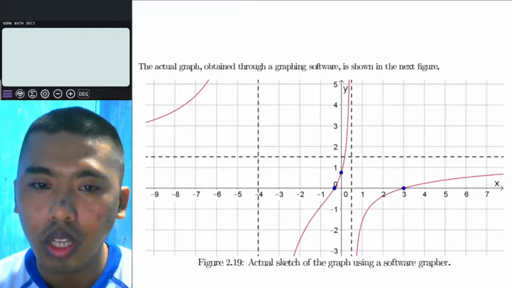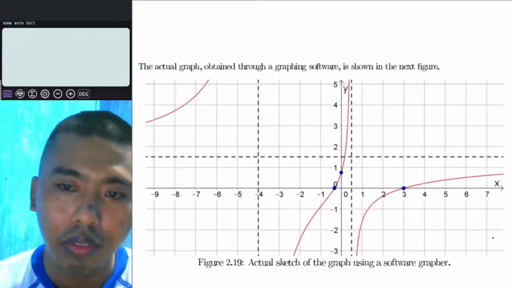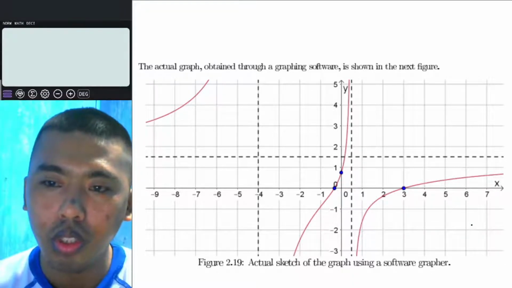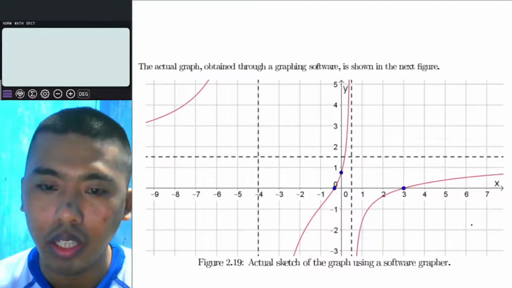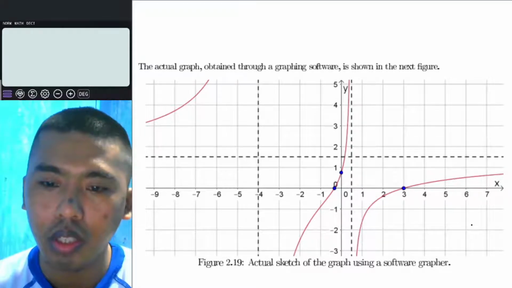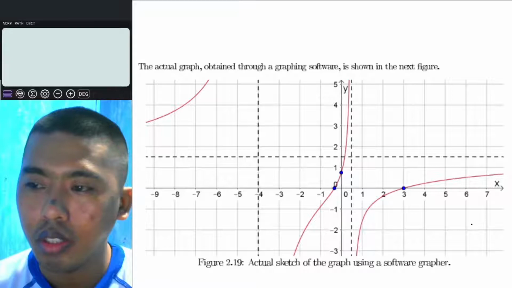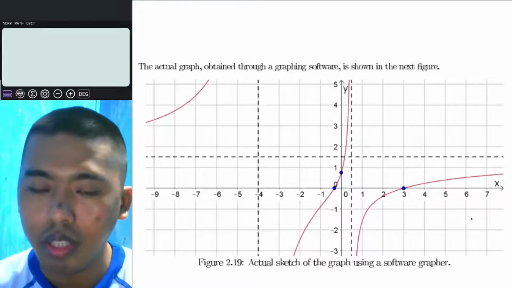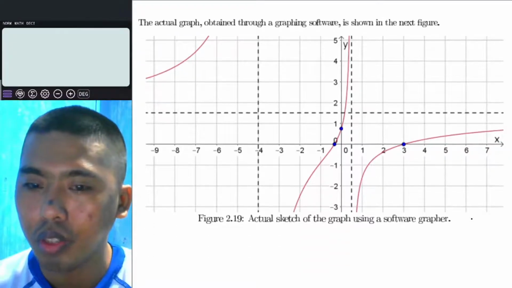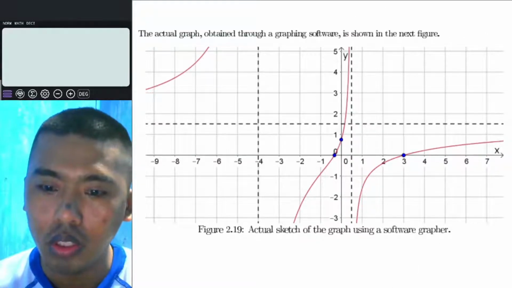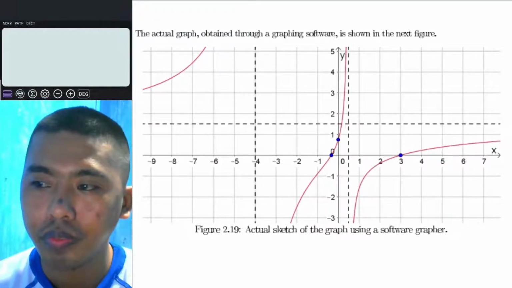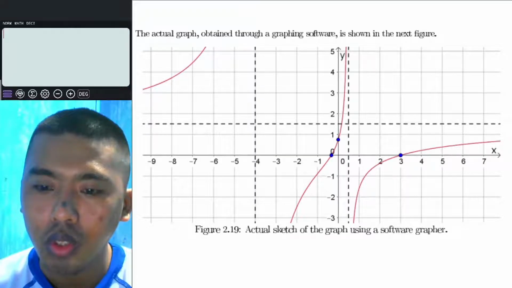Okay, so the actual graph obtained through the graphing software is shown on this next figure. So actual sketch of the graph using software grapher. You can use GeoGebra dito ako but pasabot katong wala na ko na limtan ako sulti sa inyo. Okay, so